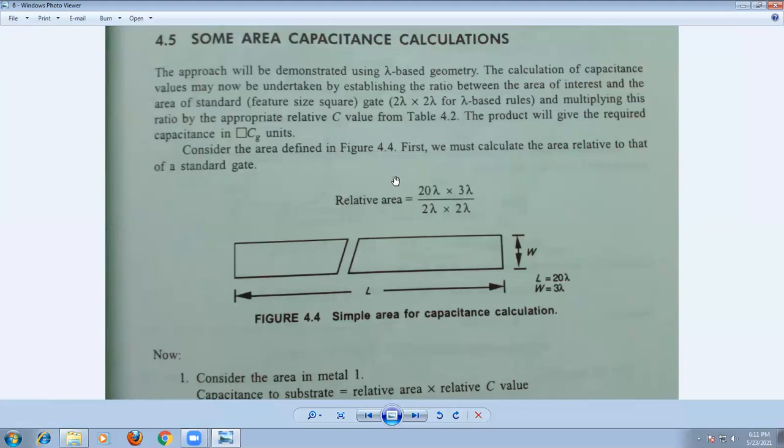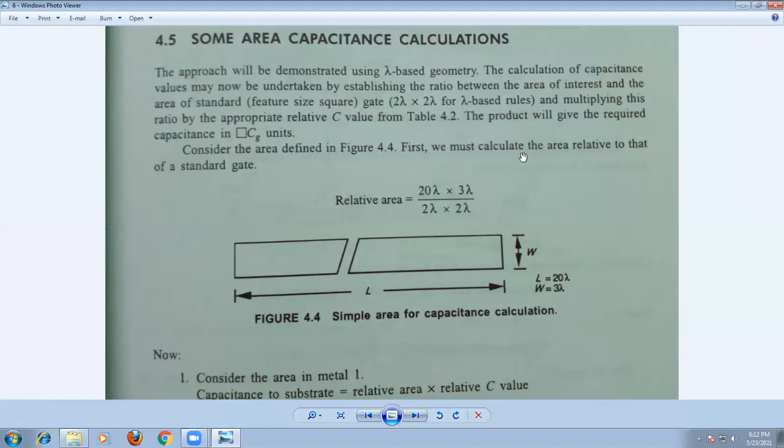But if you use the relative values for the area as well as the table values, you'll get the value directly in terms of square CZ. Once you know the value of square CZ for different technologies, you can substitute that value and you'll get the value in farads. That is the main difference. So in both cases, both conditions will be correct. Either you can take relative values or you can take the direct values, and you will get the answer.